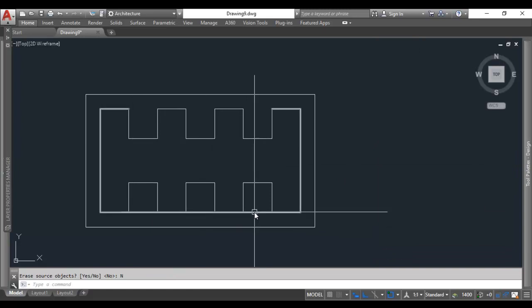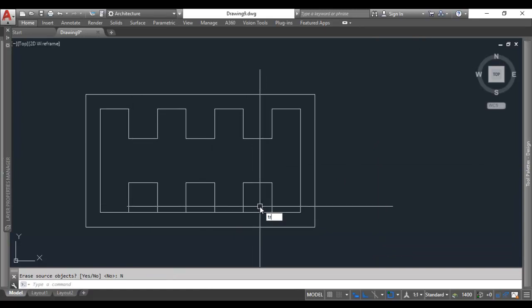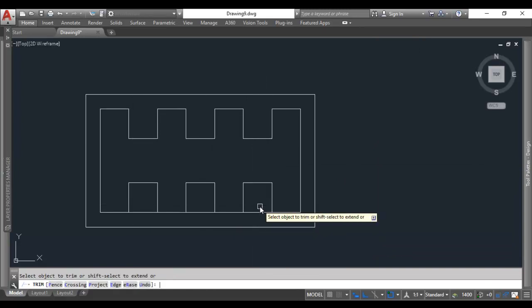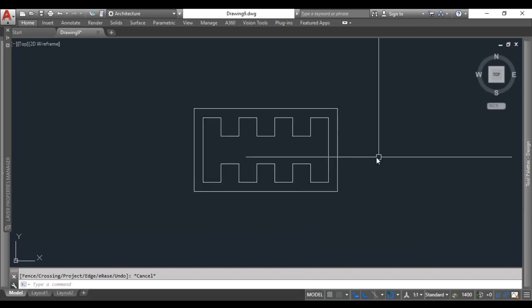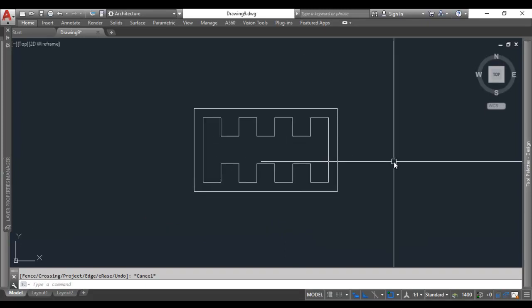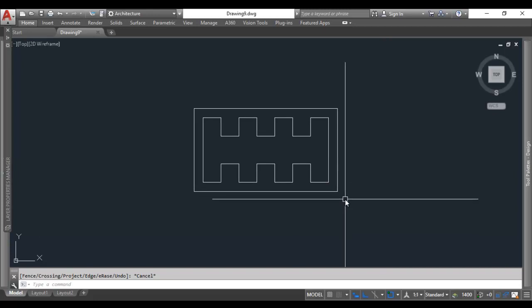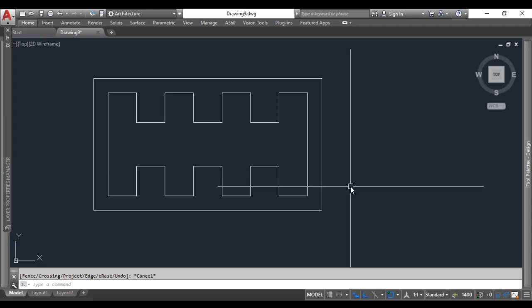Last thing is to trim out these last pieces. You know how to do that. TR, enter, enter, select object to trim. Well, I want to trim that, and that, and that, and escape to finish. So lastly, kind of zoom out, take a peek at your object, do a double check, make sure you didn't make any silly mistakes, and I believe we are accurate and done, and there's no other requirements of you,